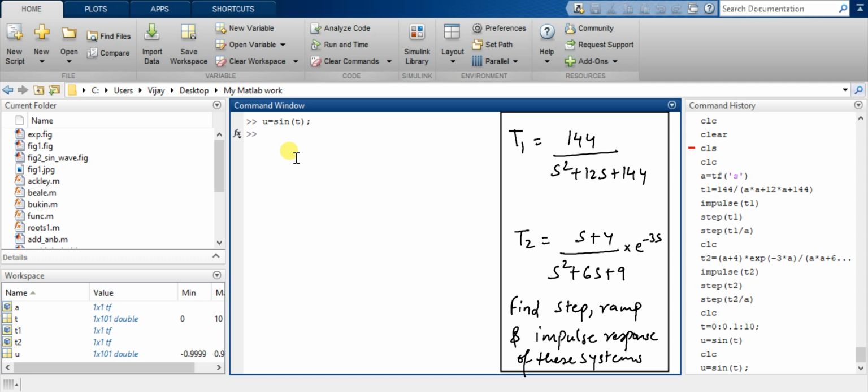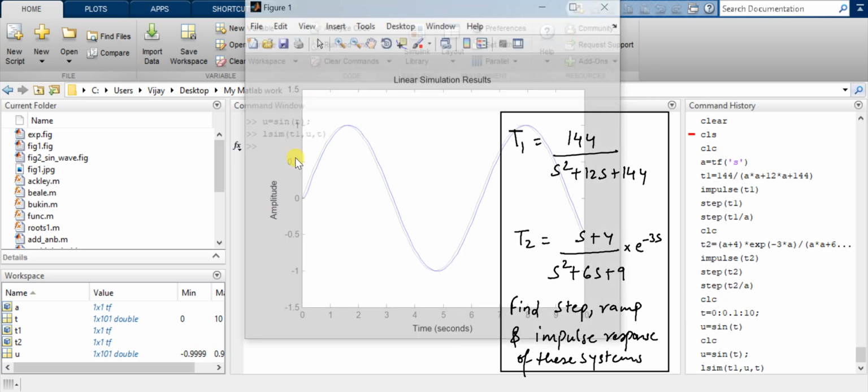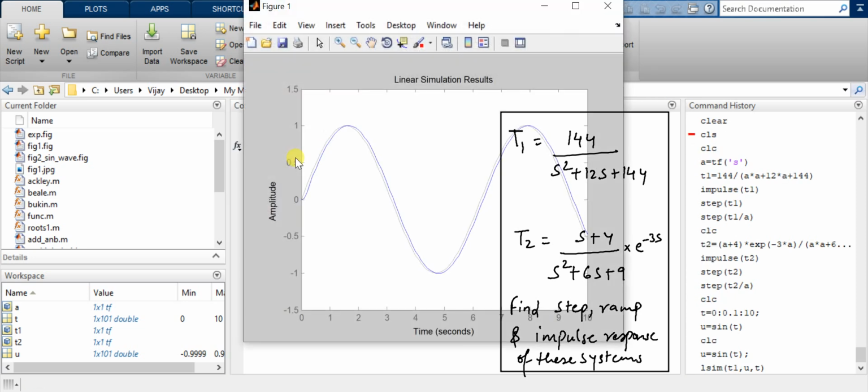Now we want to find out the response for this sine signal. We have to use the command lsim, passing this transfer function t1 with input u and time t. When you hit enter, this is the response of the system,